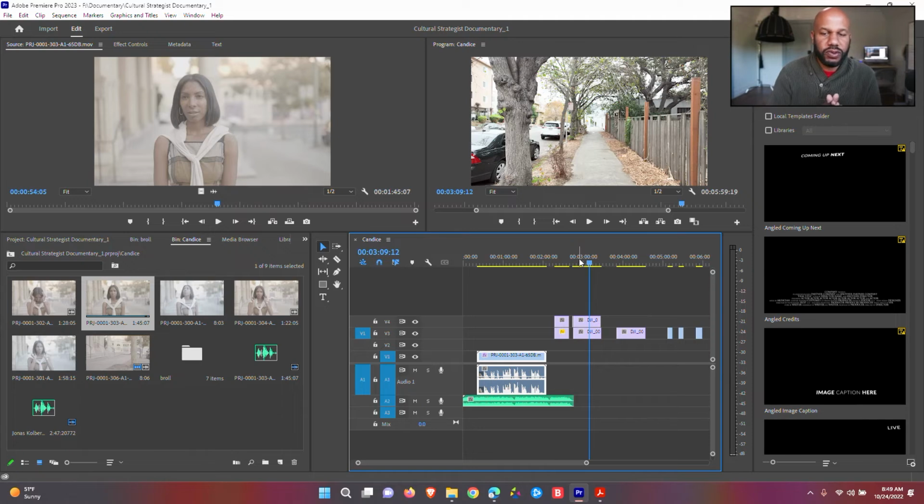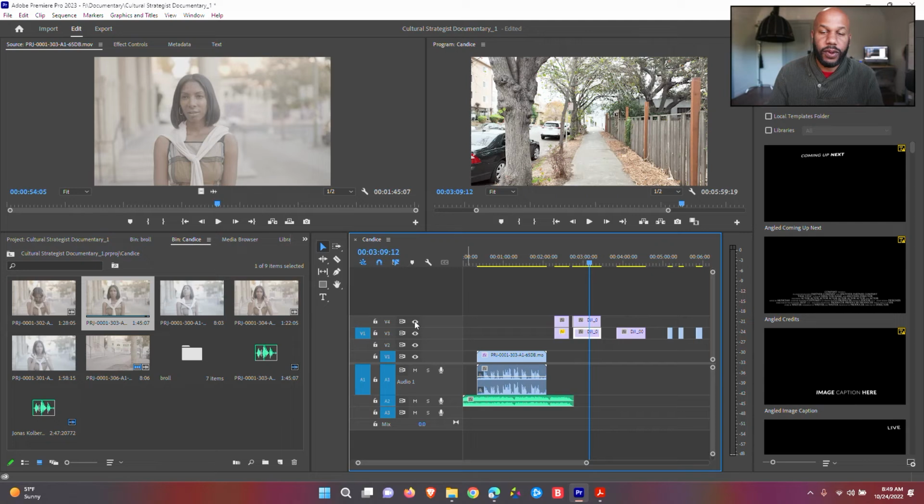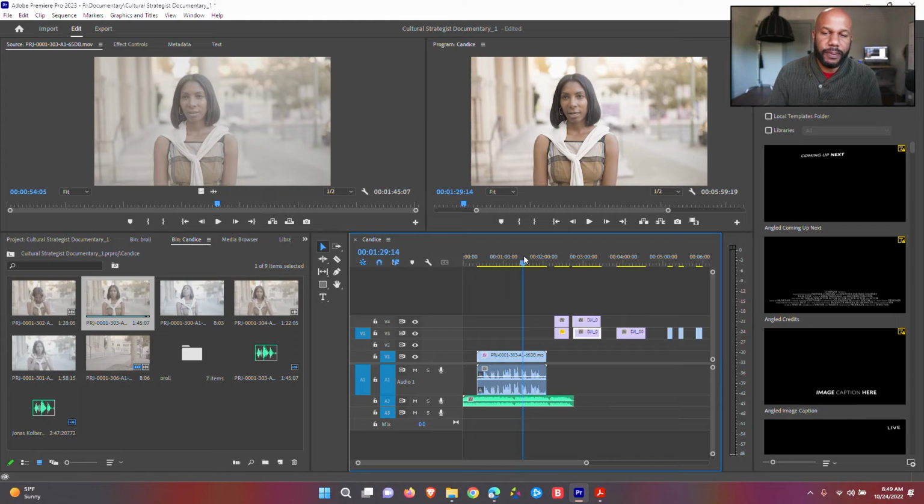Now, what I'm going to do is try to create a creative element to show what it's like during the day versus the night. So what I'm doing is putting the daytime element above it, and then below it right here, excuse me, is a nighttime element. So if I turn this off, you can see how it's nighttime. That's what I'm going to show, so that the person who's viewing the mini documentary can see what Candace is talking about in her complaint, what she's complaining about is the lack of